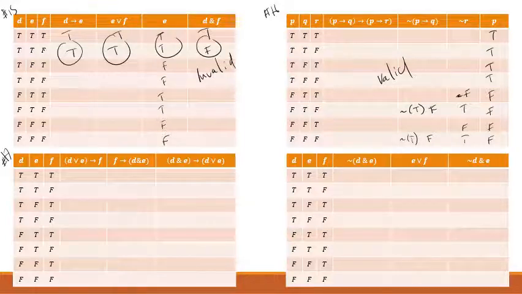And the only way to make an arrow false is to have true arrow false. So you would have to have what's inside the parentheses true here and false here, but that can't happen. What's inside the parentheses in the antecedent is a conjunction. And conjunctions are almost always false, right? The only time that they're true is when both conjuncts are true, but making both conjuncts true, making D and E true, is going to make D or E true, right? Because D and E, true and true, is equivalent to D or E, true and true. So that it's just an impossible situation